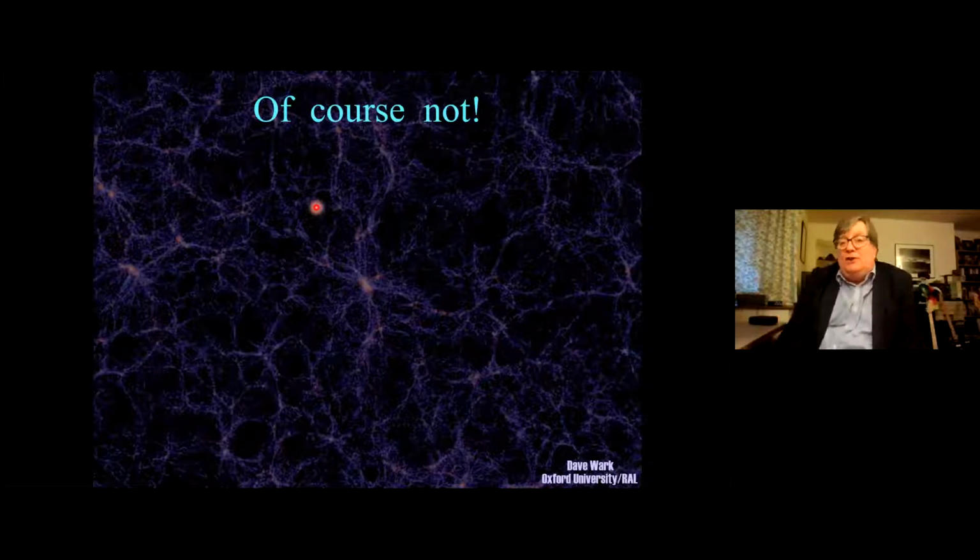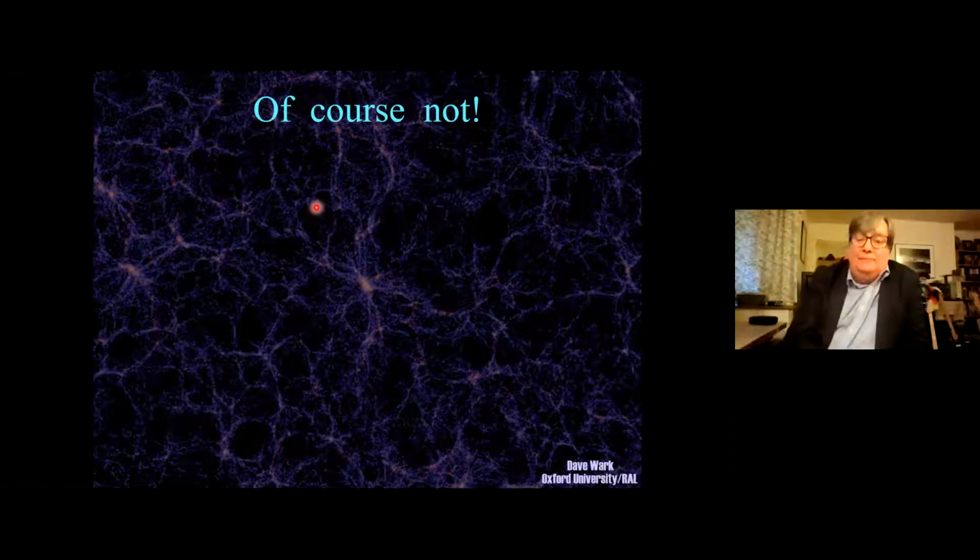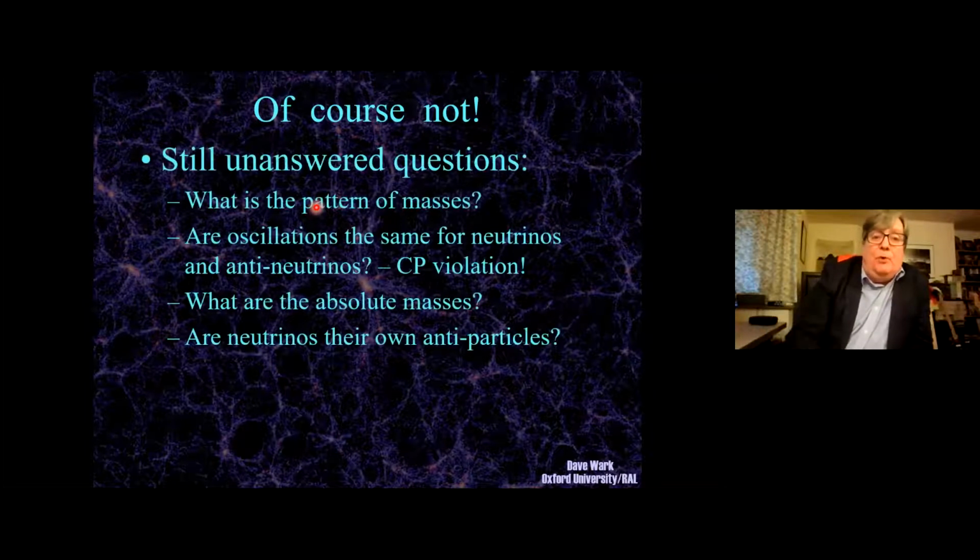And you know that not just because there are things that we can't explain, like what is dark matter, what is dark energy, but just in the very construction of the standard model as it is written down, it is not a final theory. So there must be stuff beyond it, and no matter what you discover, you have to keep probing to find out what lies beyond. Specifically in neutrino physics, we have a number of open questions. What is the pattern of the masses of neutrinos? And a big question, the main topic of this talk: are oscillations the same for neutrinos and antineutrinos?